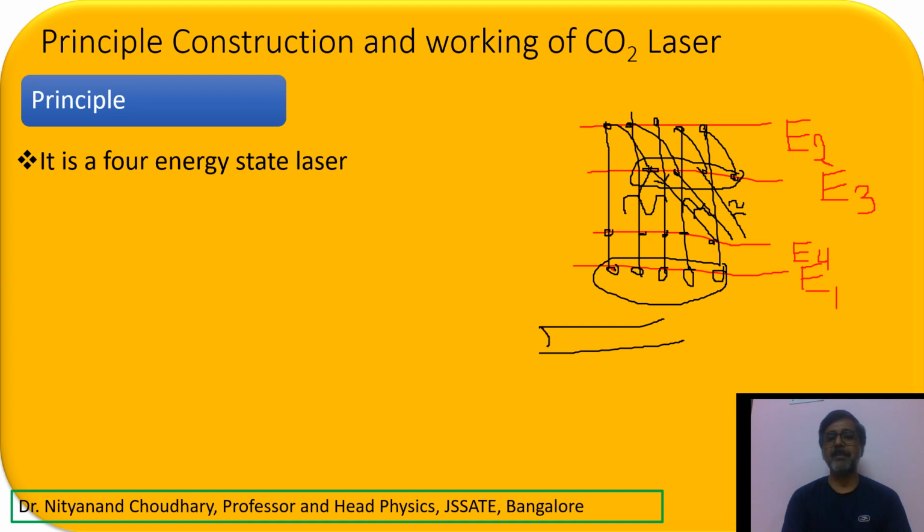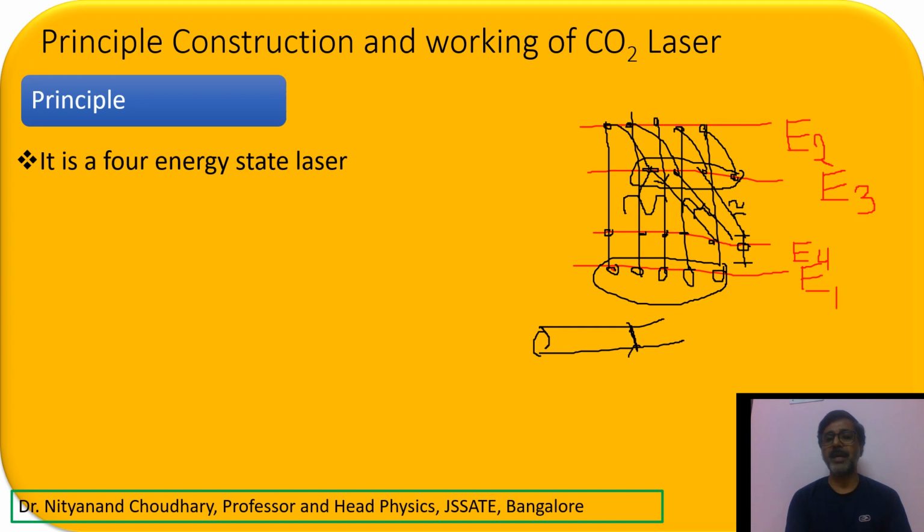Why is it being kept very thin? So that the atoms in the energy state E4 are lying within the vibrational distance of the wall of the tube. Here the atom is vibrating, let us suppose, like this. And in this way, if it is coming over here or over here, it is going to collide with the wall of the tube.